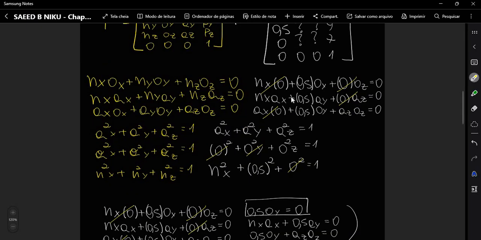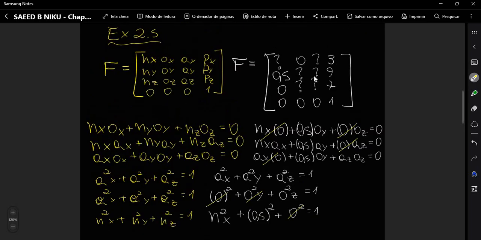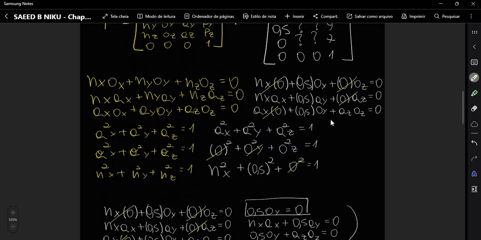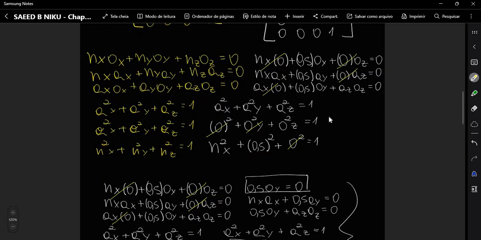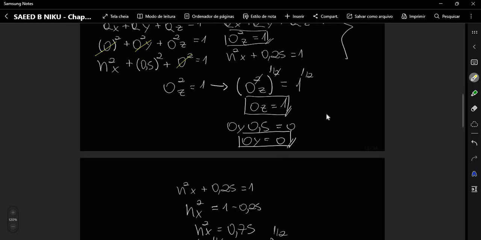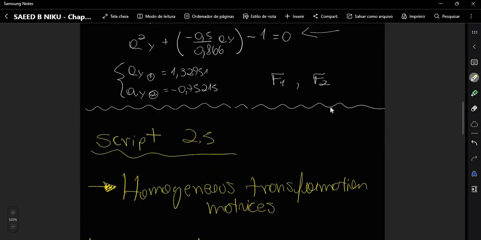Because of this, we need to write 6 restriction equations for this rigid body. And doing this, we can find the missing elements, which represent position, orientation, or if our body is doing a rotation movement or translation movement. So we solve these equations, and on this